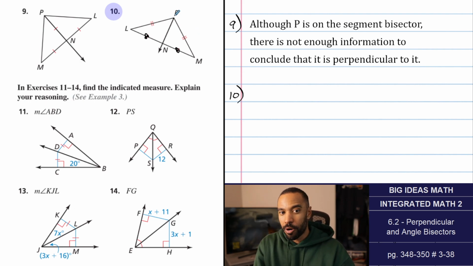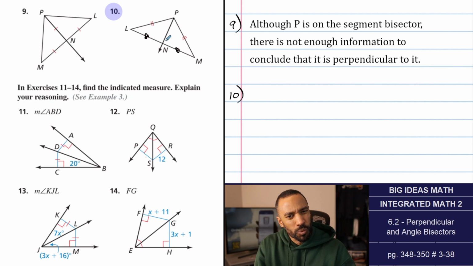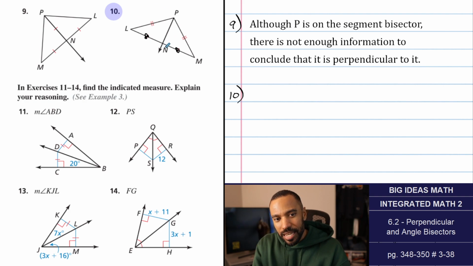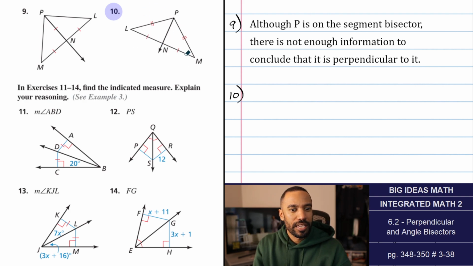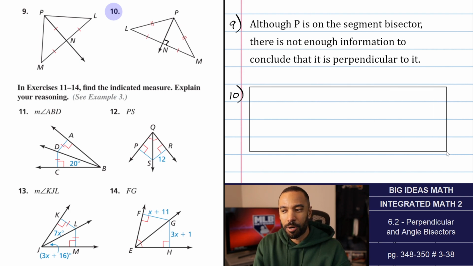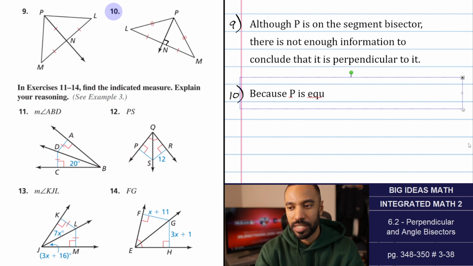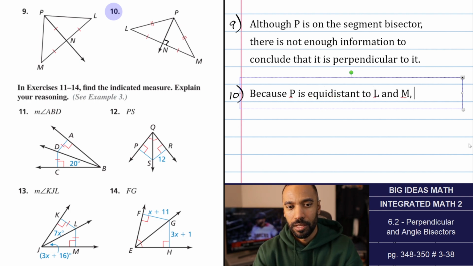It means it's on the perpendicular bisector, but does that mean that we drew a perpendicular bisector, that this thing's drawn as one? We don't know here, but we do know here because we have the bisector information. Therefore, this also must be perpendicular. So yes, it's on the perpendicular bisector, and that perpendicular bisector is drawn. Because P is equidistant to L and M, P is shown to be